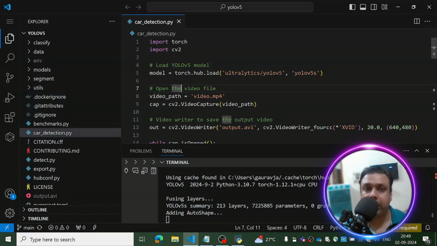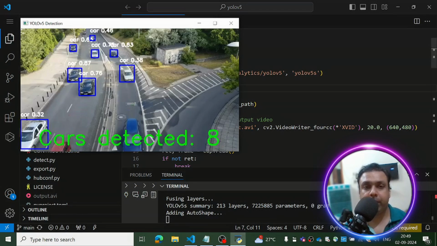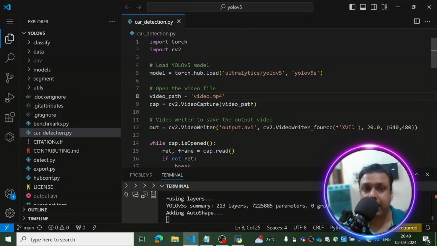Now let's come to the code and see what all things we have defined here and how we are able to get this beautiful output. So here is the code. The first library that we have imported is Torch. Torch is something which we use when it comes to YOLO V5. If you're dealing with YOLO V5 models and you have to use them on a particular video or image in which you would like to do object detection, Torch is the library which helps us in implementing YOLO V5.